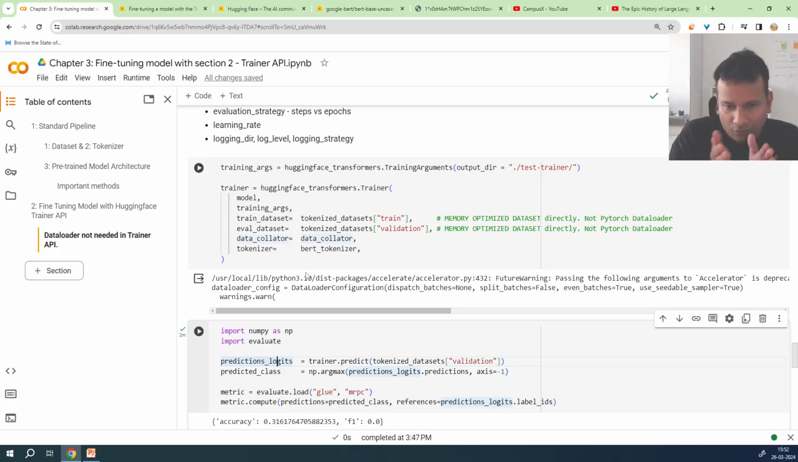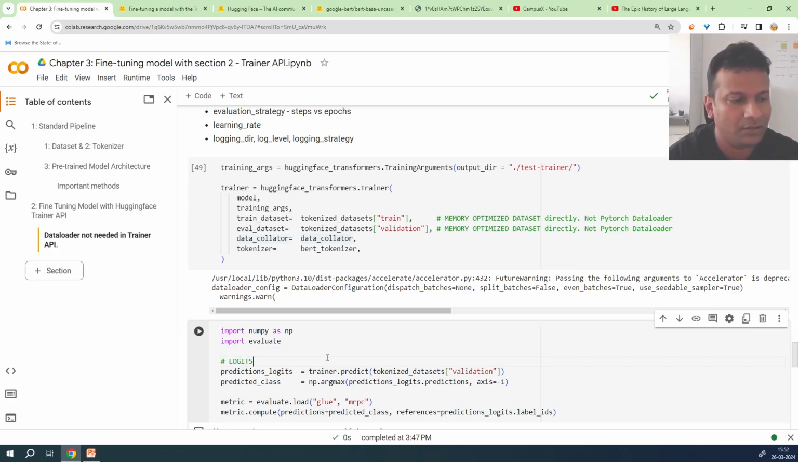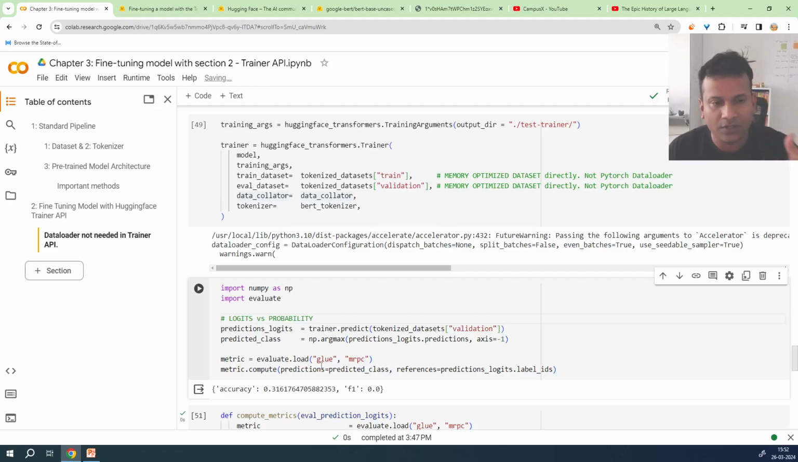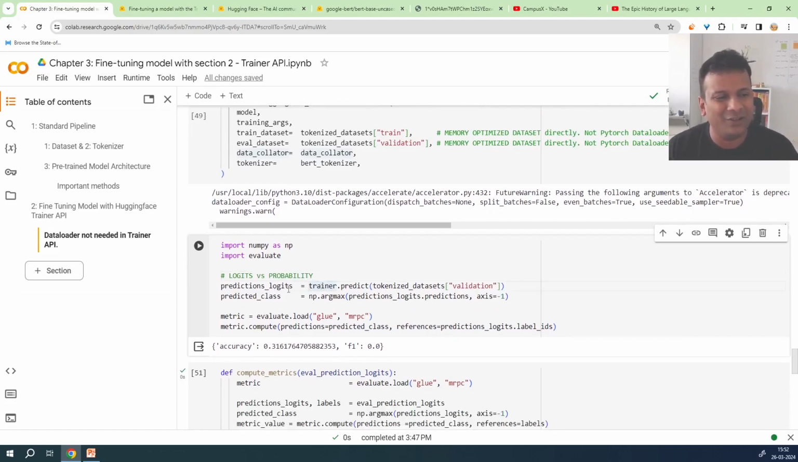So based on the value, we are going to understand how confident it is in its prediction. For that, we have something called logits versus probability. This is a concept you will understand when you go into more detail of this library and model internals. For now, you can just see what these are: logits are values, and then you convert them into probability, and then you understand which class it belongs to using argmax or something,